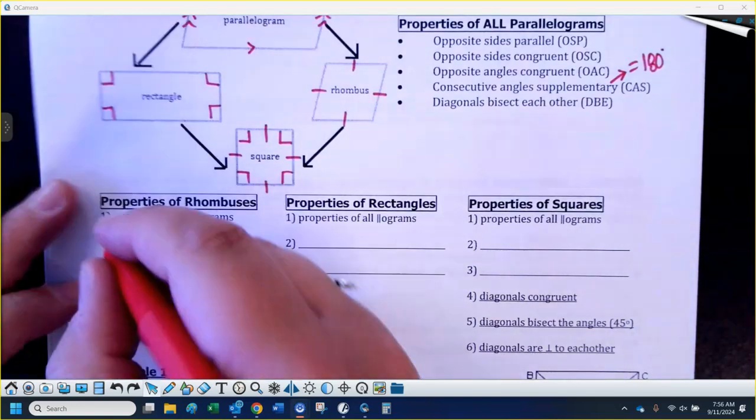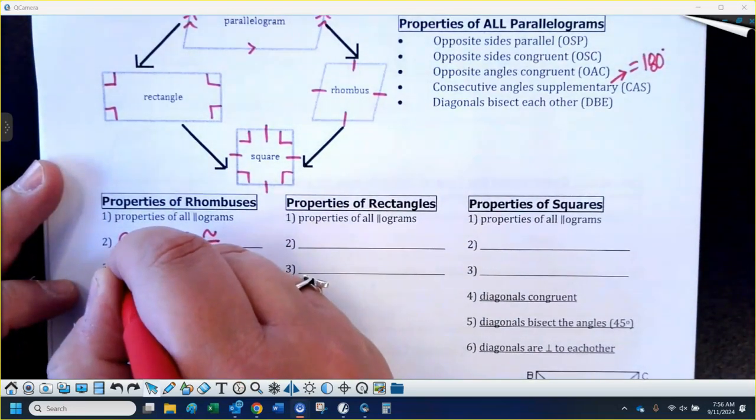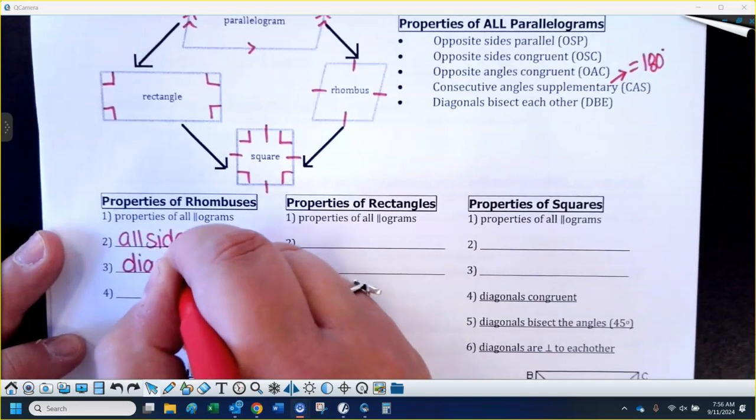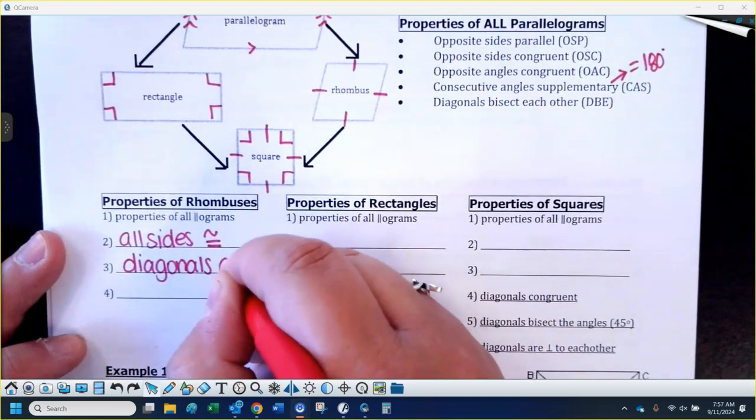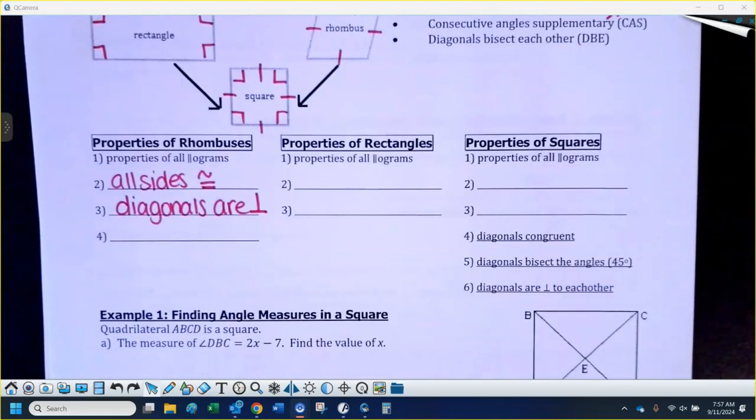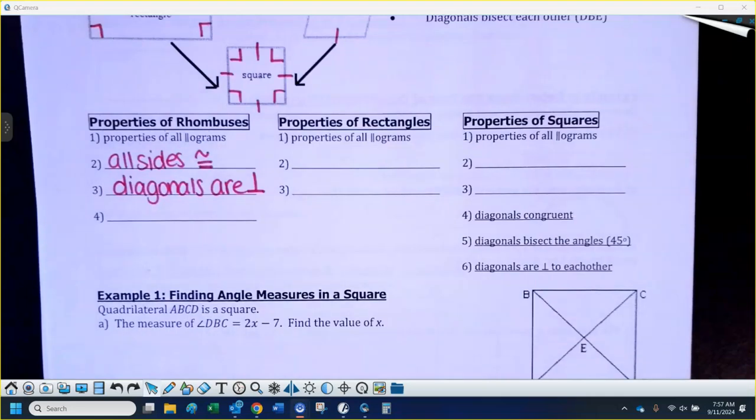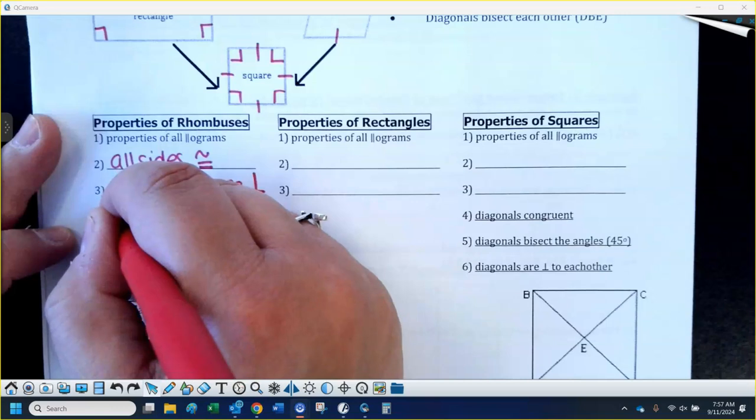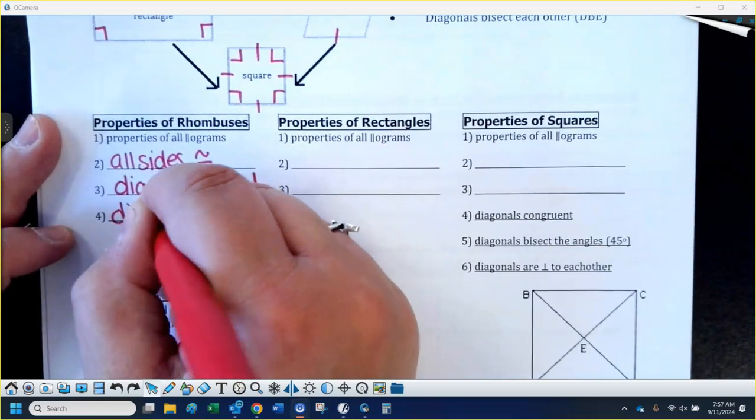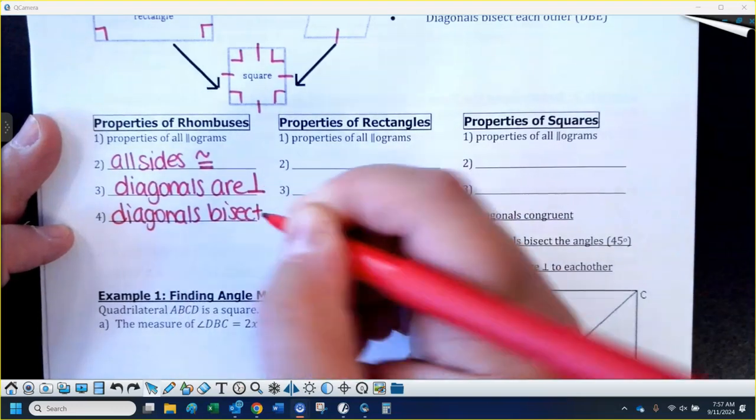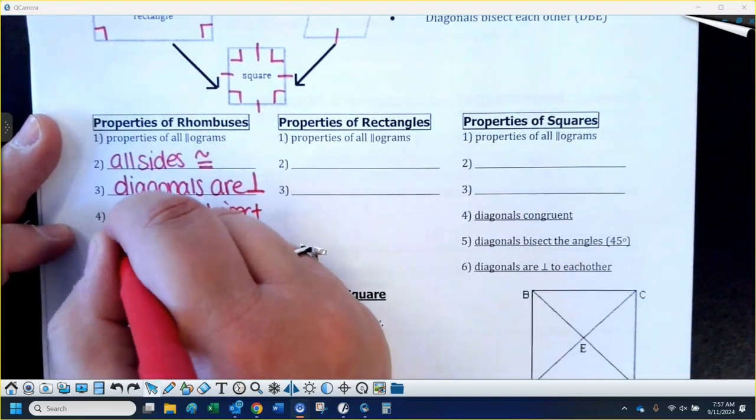To do that, let me write this. Let me write 2 things. I'm going to write the diagonals are perpendicular to each other. Do you guys remember that? They intersect at a 90-degree angle. And because you've got those 2 isosceles triangles together, this is going to give me the other property. The diagonals bisect opposite